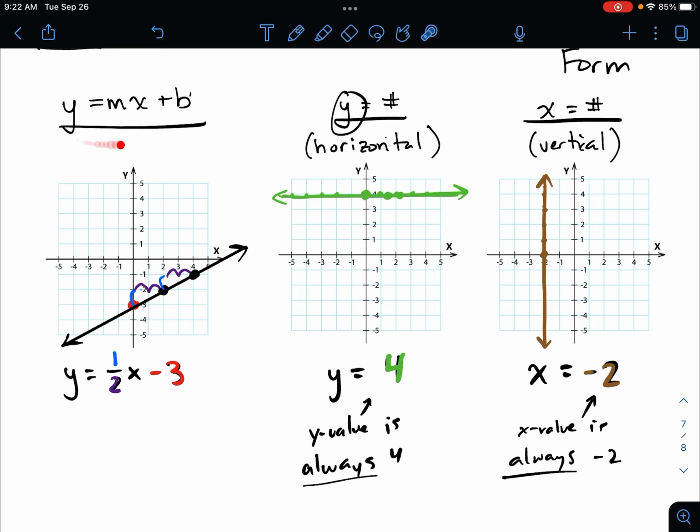So again, if we start with something like y equals mx plus b, where we have a number in front of the variable, notice in slope-intercept form we have the letter y and the letter x. So this is going to give us some sort of slope. If we just have y equals a number, there's no slope. This is 0 slope. And if we have x equals a number, this is an undefined slope. So this is just a vertical line. Those are the 3 different types of graphs you'll encounter, and you're expected to know how to graph